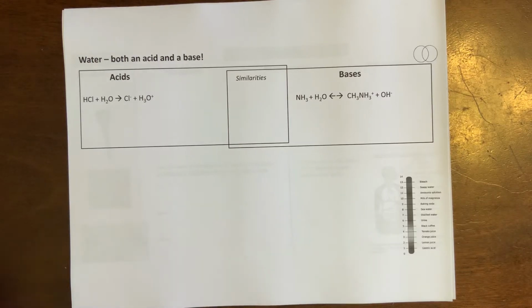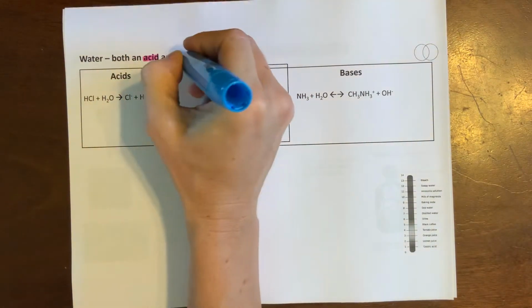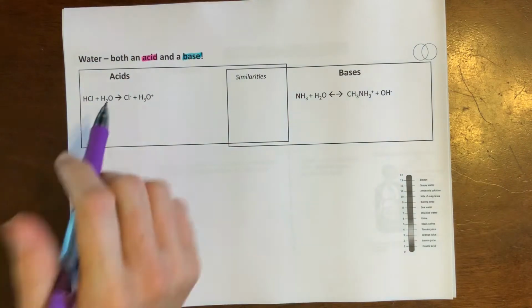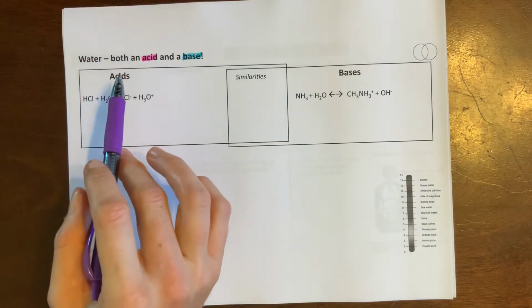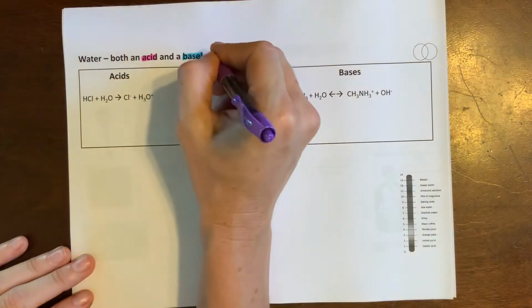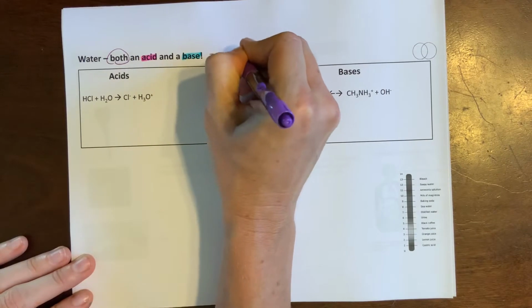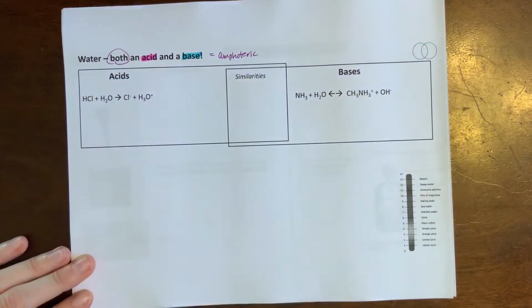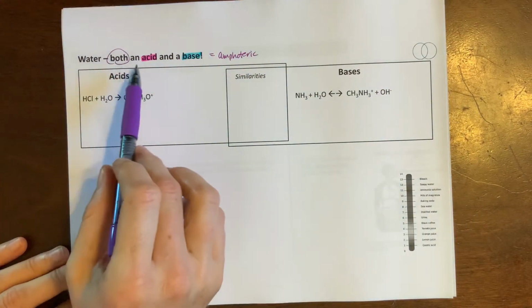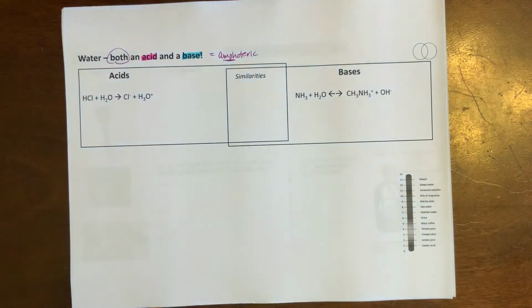In the context of acids and bases, now what we're going to do is take a look at a really awesome chemical in our world, and that is water. Water can function both as an acid or a base, depending on what it's surrounded by. And so we have a word for that when it can do both. We call this an amphoteric substance. So water can be both. That amph is a prefix that means both.